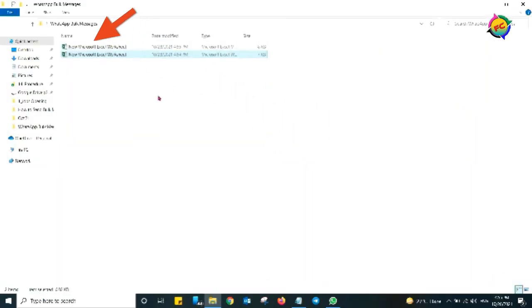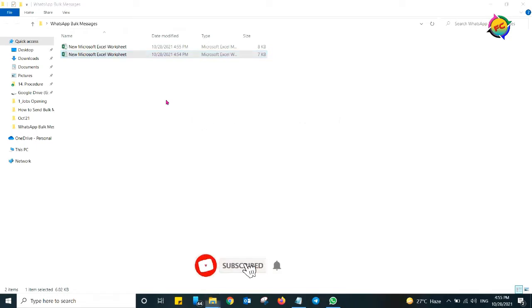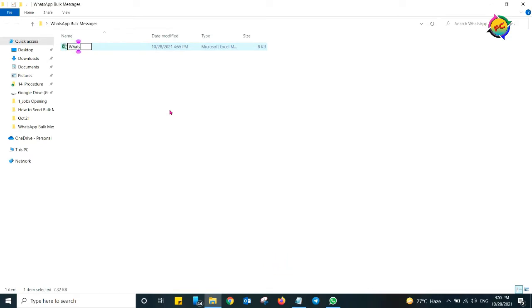There is one new Excel file created. This is Macro-Enabled Workbook. Now you can delete the previously created Excel file because there is no need of this. If you want, then change the name of the newly created file as per your choice and after that open it.